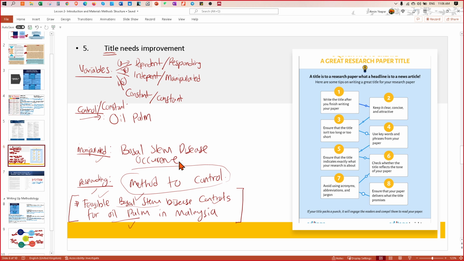So for this case, I propose there will be two groups of harvesters: a group that implements the manual system, and another group that implements the semi mechanized system. So I would like to use the independent t-test statistic in order to analyze my data.